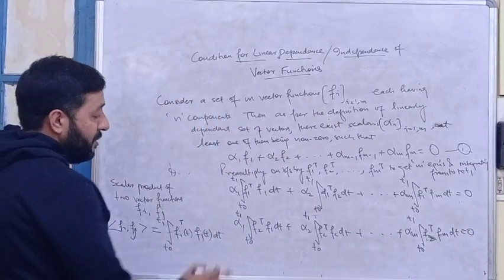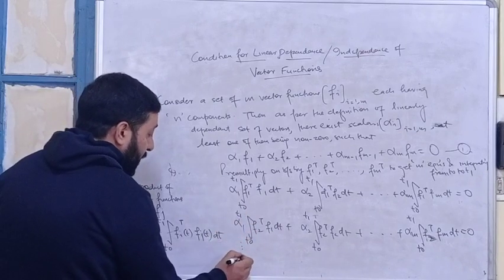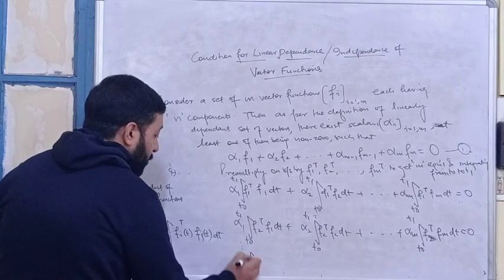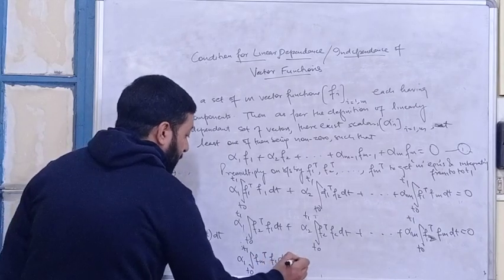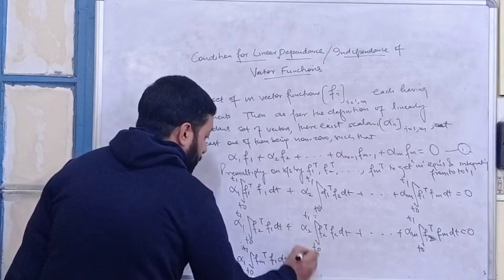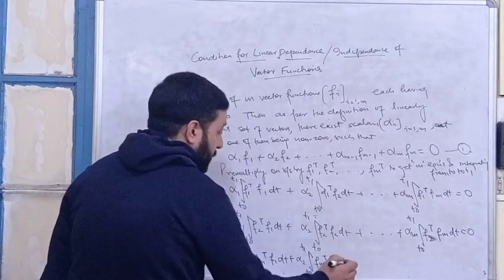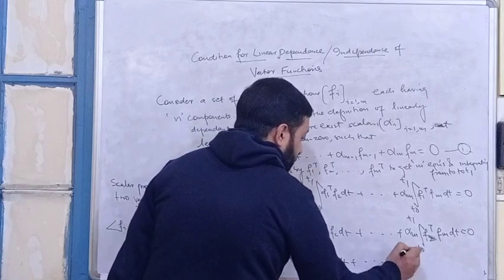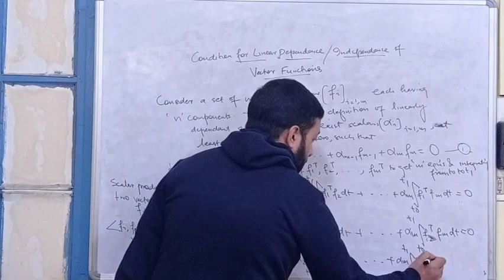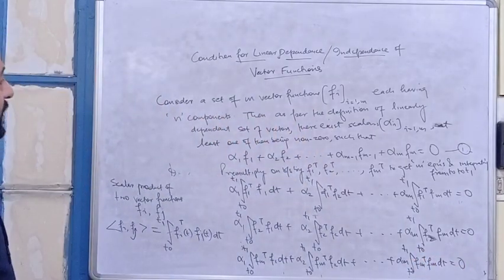In the last equation, fm will come in place of this. It will be like this: alpha 1 integral of t naught to t1 fm transpose f1 dt, alpha 2 integral of t naught to t1 fm transpose f2 dt, plus so on, alpha m integral of t naught to t1 fm transpose fm dt equal to 0. So if I write these m equations in matrix form, as I did in the previous case,